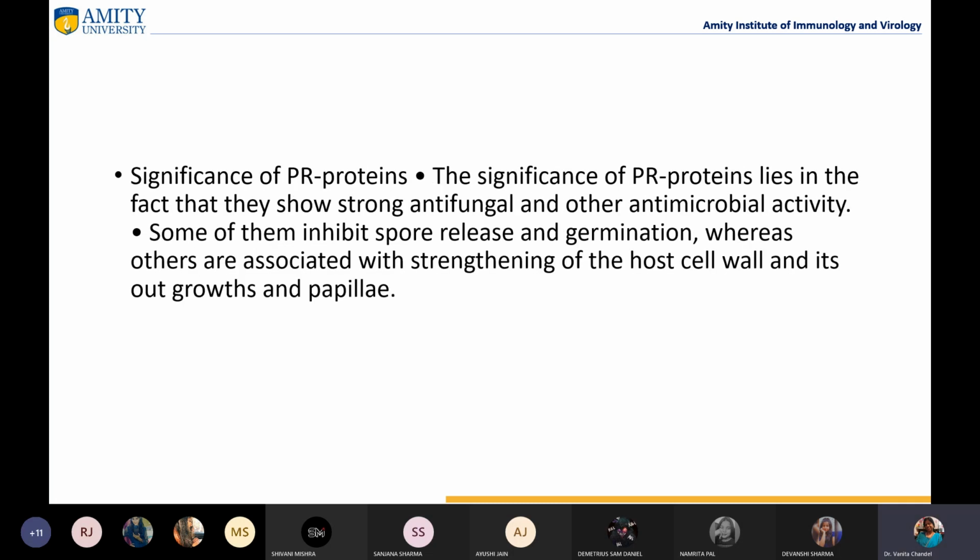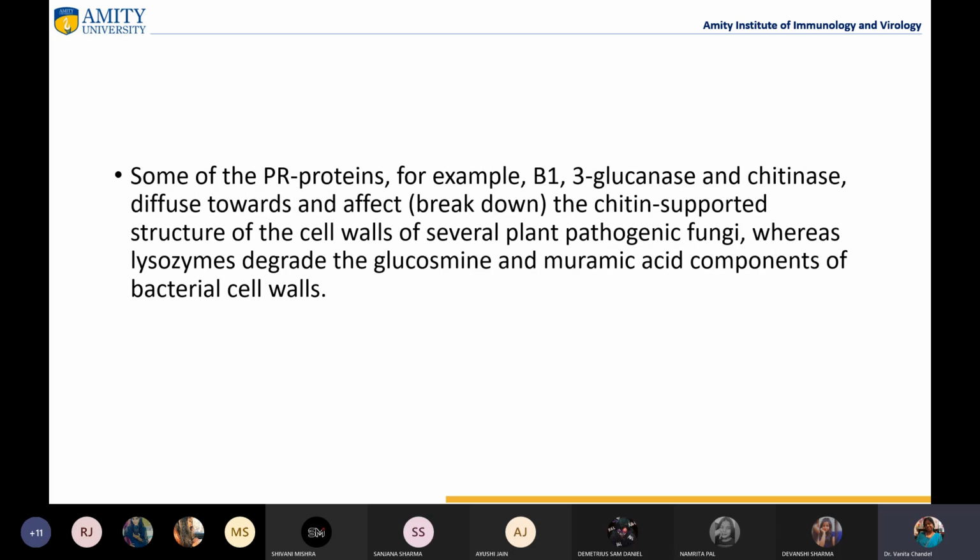Then the significance of PR proteins: again, we've seen that they have antifungal and antimicrobial activity. They have a very strong antifungal and antimicrobial activity, and they also inhibit spore release and spore germination, right? Some of the PR proteins, such as beta-1,3-glucanase and chitinase, diffuse towards and affect the chitin-supported structure of the cell walls of several plant pathogenic fungi, whereas lysozymes degrade the glucosamine and muramic acid components